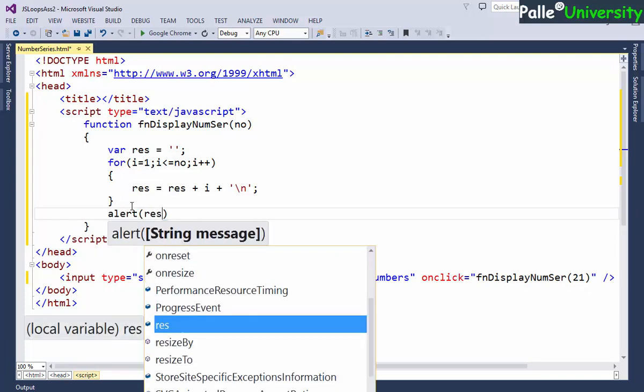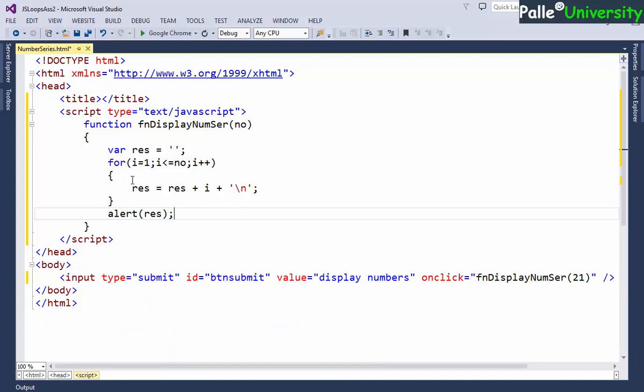In case you want, you can evaluate here itself. First the i value 1 will be added to res, which is not having anything, so 1, and then slash n will be added, so you get 1 slash n, and after that the i value will be incremented to 2, so 1 slash n and again 2 will be added, and after that again slash n will be added, and so on and so forth. All the set of numbers will be added, separating the numbers with slash n. That is what I am doing.